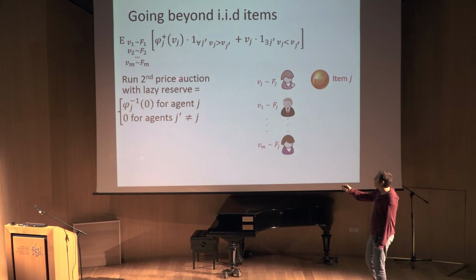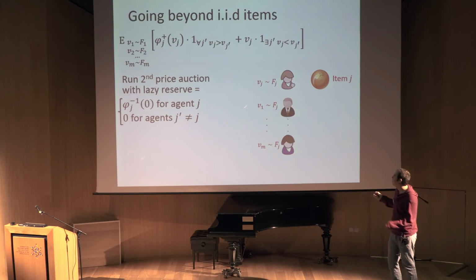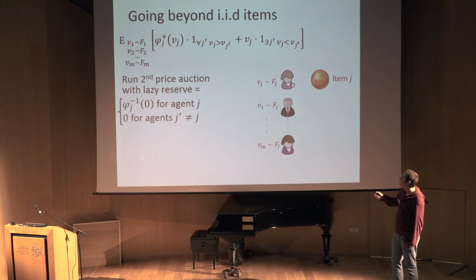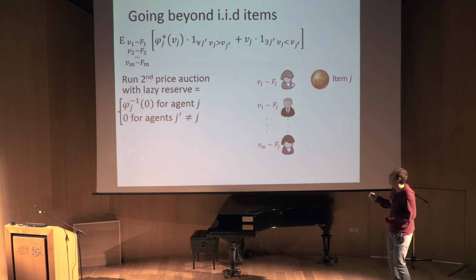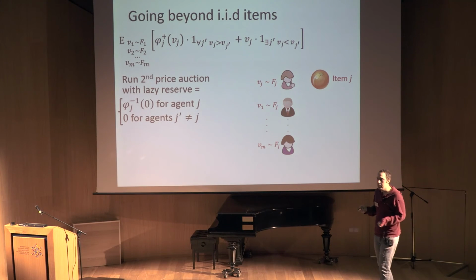If we try to use the same proof technique, it fails because we cannot couple the event that agent J is the agent with the highest value for item J with the event that item J is the most attractive item, because the agents are drawn IID from the distribution of item J, while the items are drawn from different distributions. So this benchmark actually doesn't help us in proving the upper bound, but luckily we can use the duality